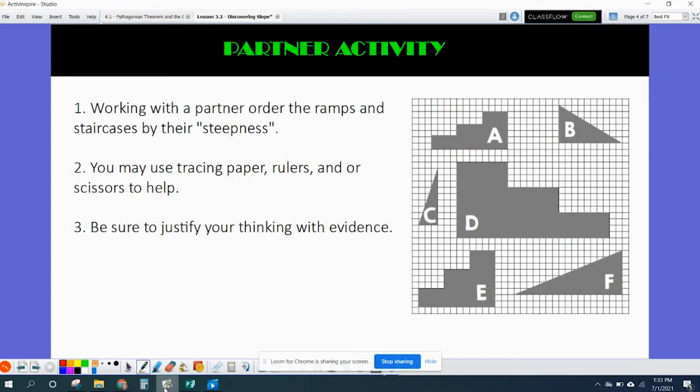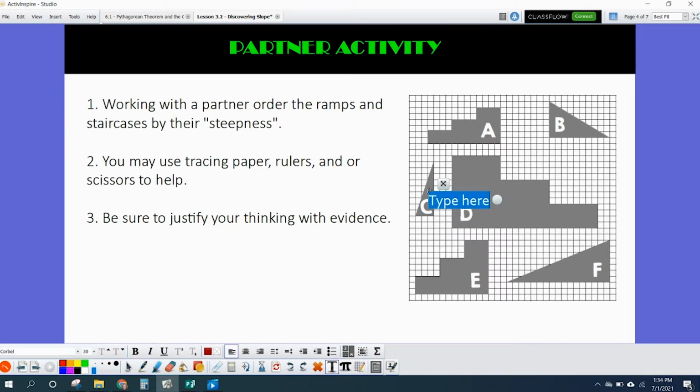They look right away and they see, man, C looks the steepest, but I don't really know how to calculate that steepness, so I'll count the height. And if you count the height on C, you are gonna notice that it goes up 9. And so they're gonna tell me that this has a slope of 9. But the problem is, then they look at D and they'll count that height and they'll say it has a slope of 12, and they're like, wait a minute, that's bigger than 9, and I've already said C is steepest,